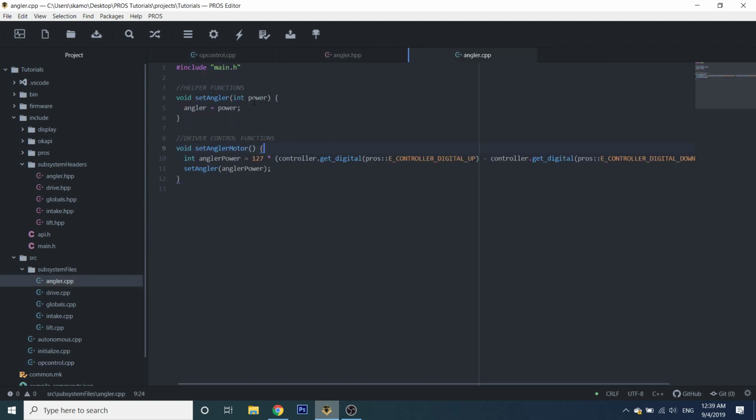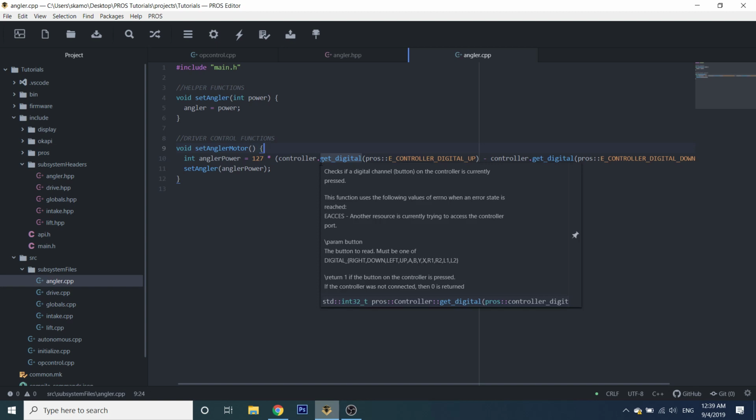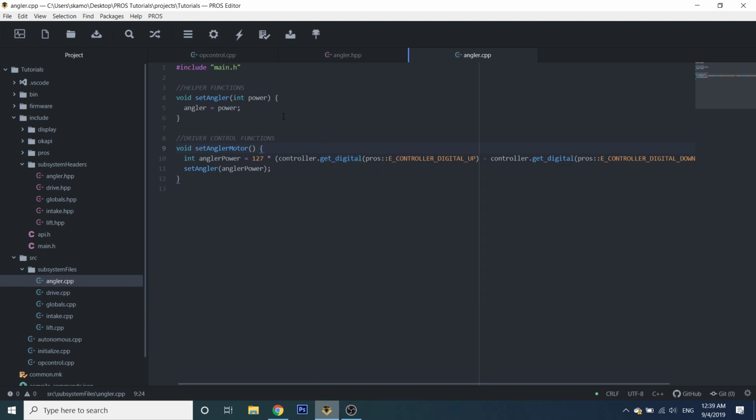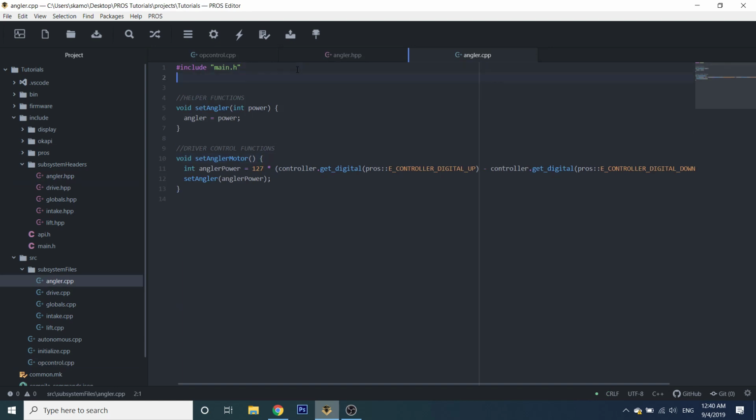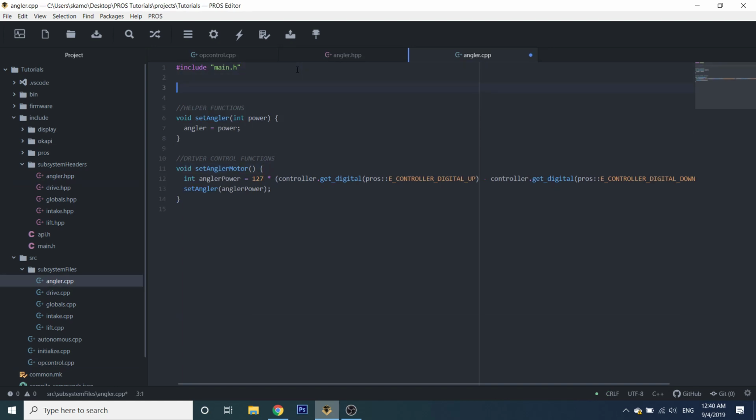Let's say for our angler, for example, that you wanted to use a potentiometer for whatever reason. So let's say for autonomous, when you want to make the stack vertical, you don't want to use the IMEs in the motor to calculate the rotations that you need. You want to use a potentiometer. I would probably do that just because I like the wider range that it gives you. So what you'd want to do is, let's see, we're not using this just yet, but you'd want to declare